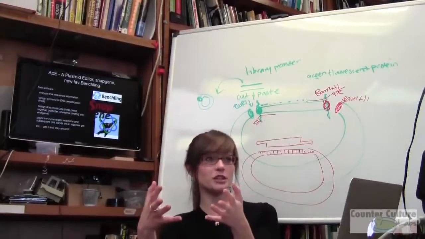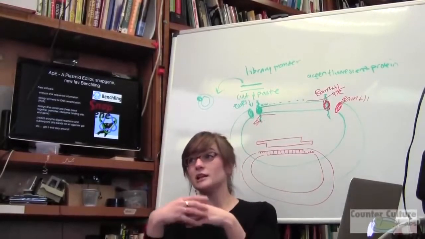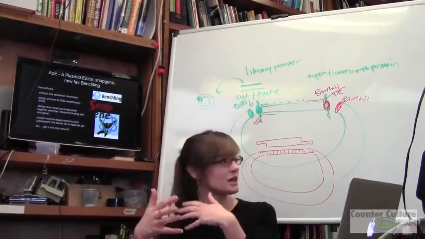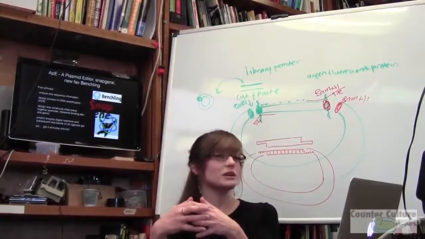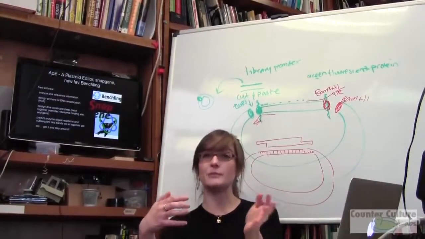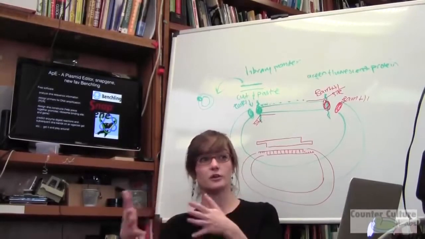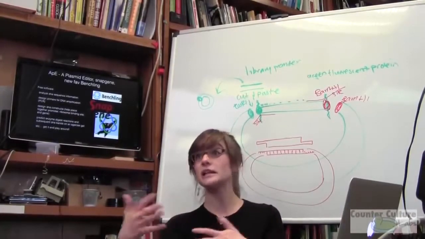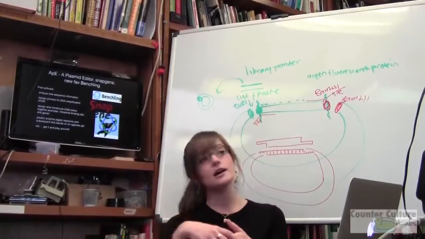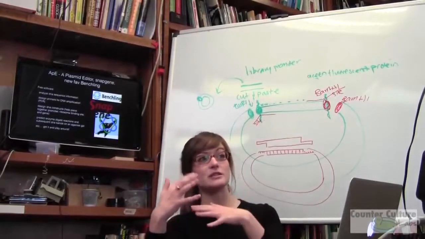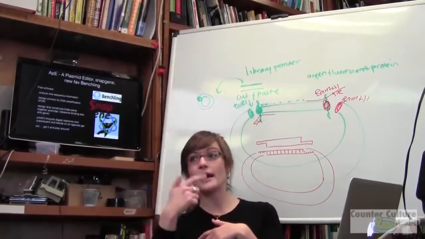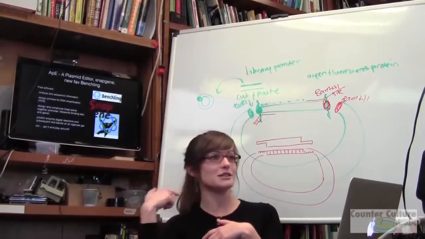So if you're working on a project with someone, and you're using the same pieces of DNA, the same vector, it would be really easy to use something like Benchling so that you can see all the iterations that you both made on something and link it to your own data. And you can also make a database of your primers, and you can automatically search every vector against oligos